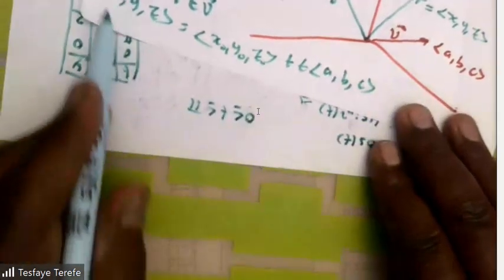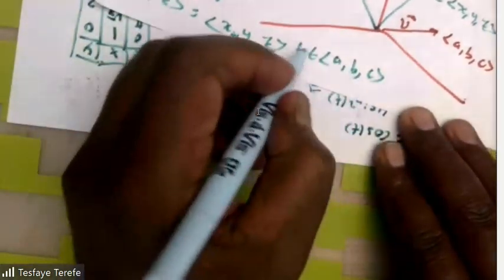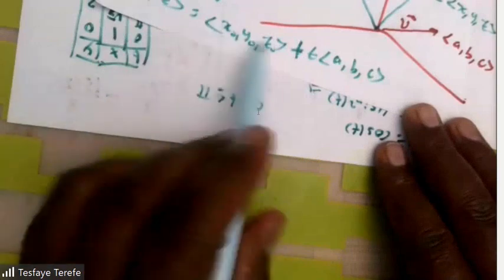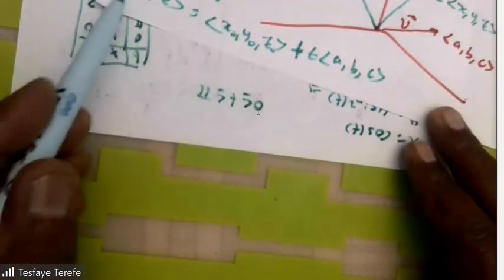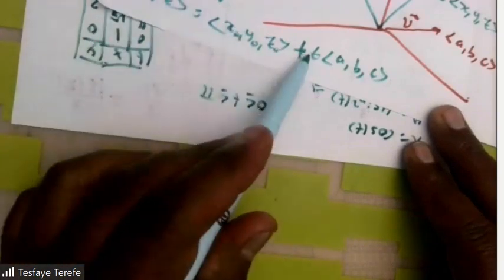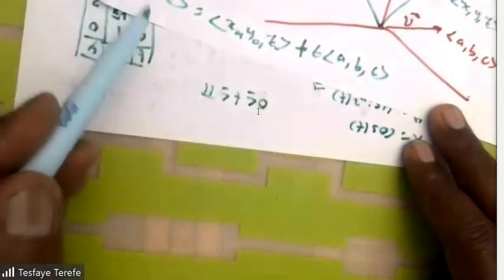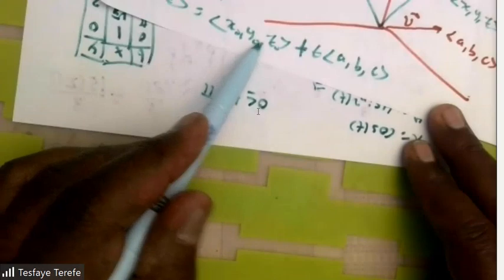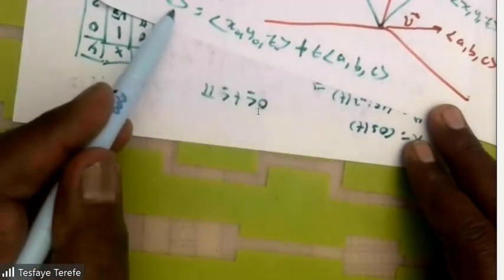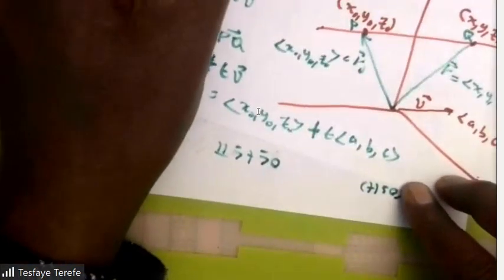And as you see, this vector equals the sum of these two vectors. And if two vectors are equal, each component is equal. That means X is equal to X sub 0 plus TA. That is why Y equals Y sub 0 plus TB. And Z equals Z sub 0 plus TC. That is what we have, the parametric equation of a line. All right. If that is the case,